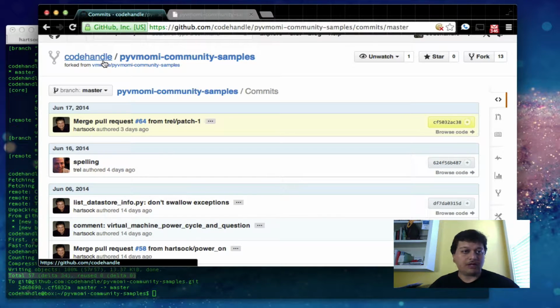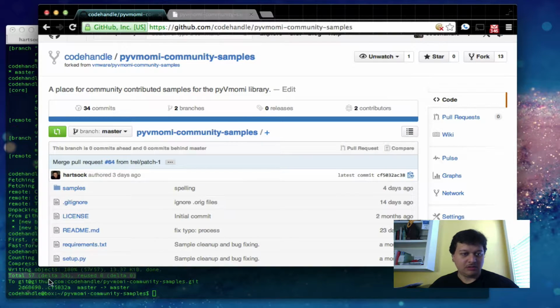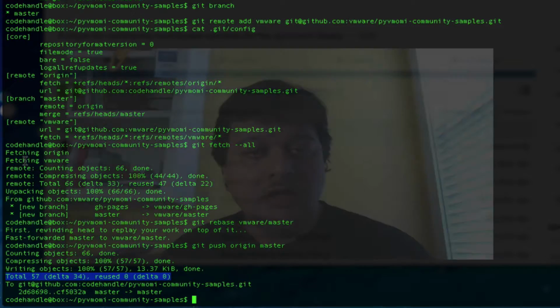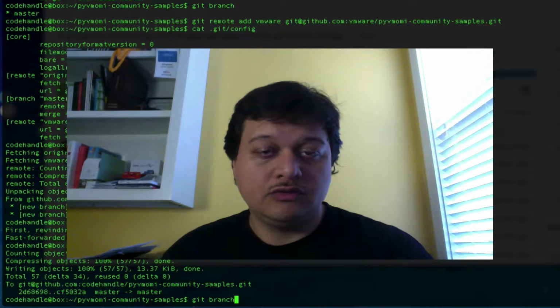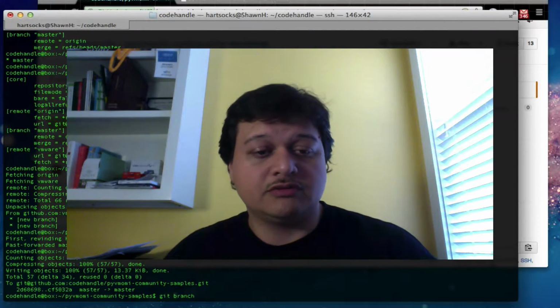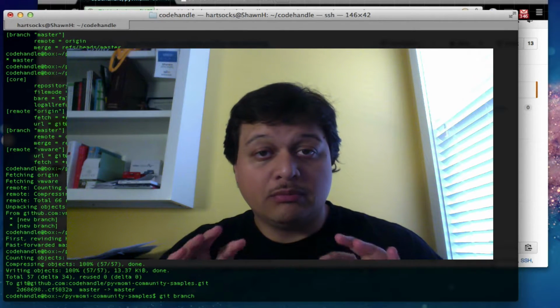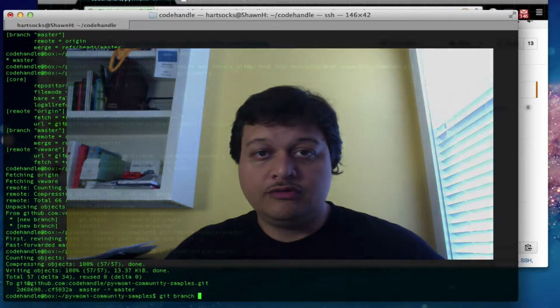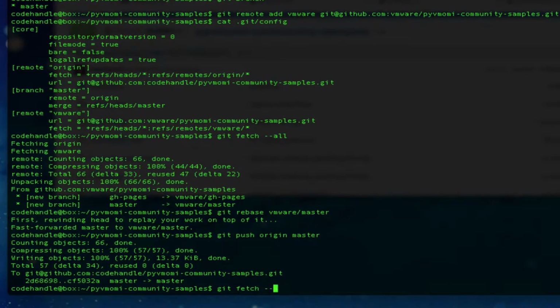Now, as a matter of practice, whenever you write something for inclusion with our repository, or whenever you do something that you want to do a pull request on, make sure to use a branch. Whenever you want to add something or change something in the pyVmomi-community-samples project, or any GitHub project really, it's a good idea to make a branch for your work. And the reason for that is that when you do those steps, git fetch all,